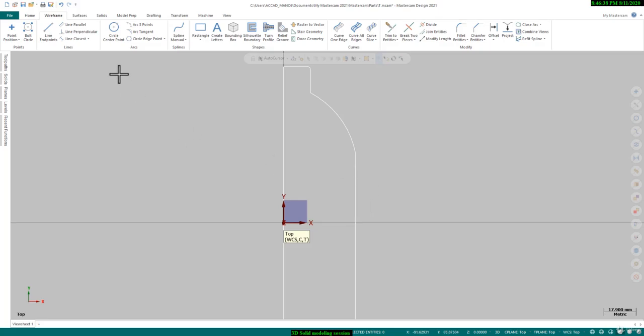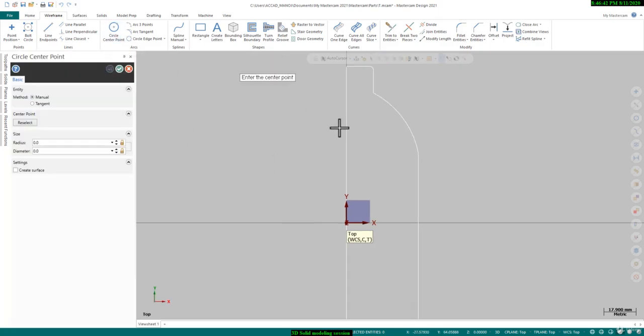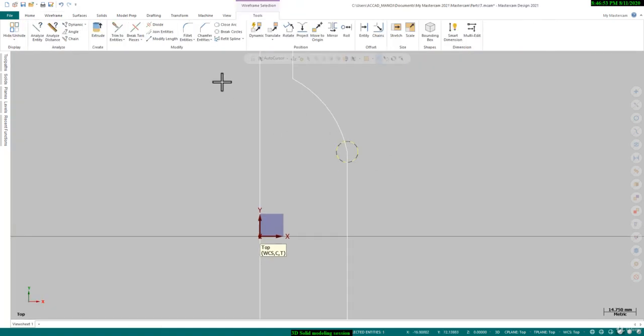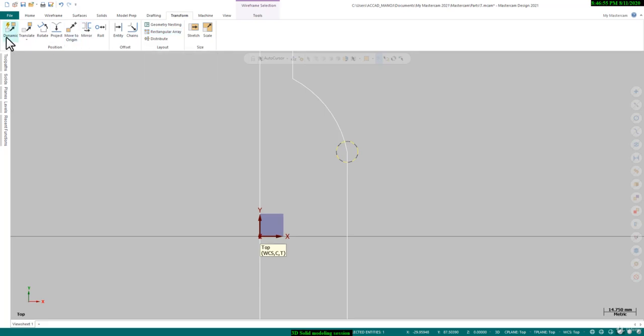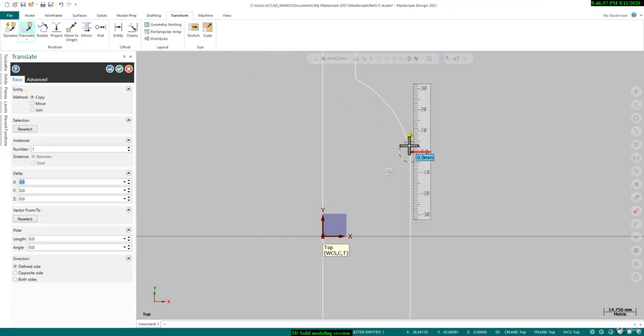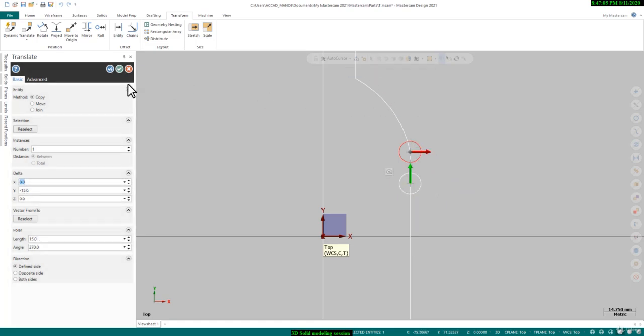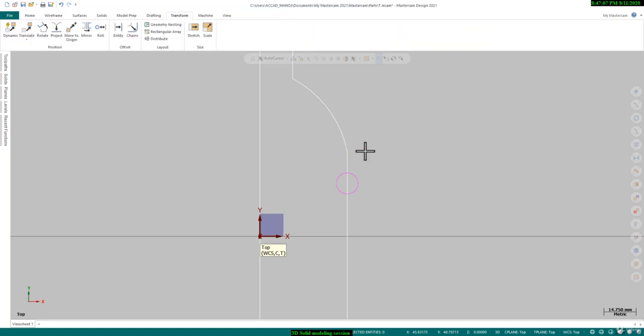So what we will do, we will create a circle center point on this edge, and we will keep it 5 mm of radius. And now we will translate it, translate from this point to this point. The length should be 15 mm in minus. Okay, delete this one, and